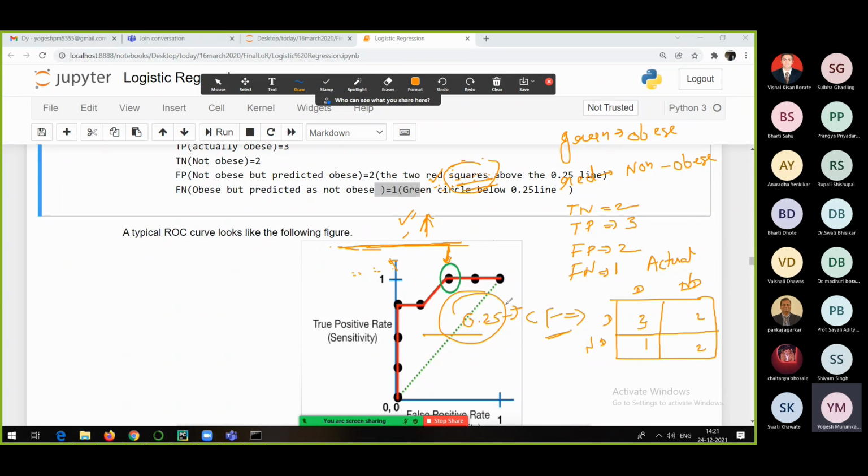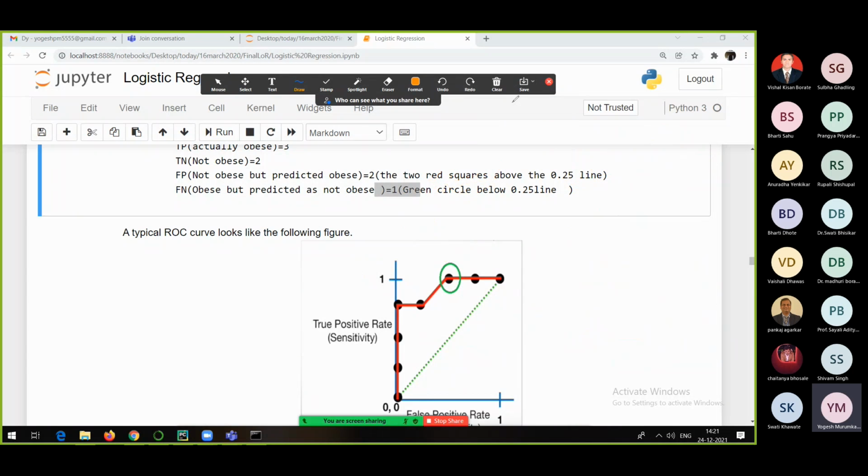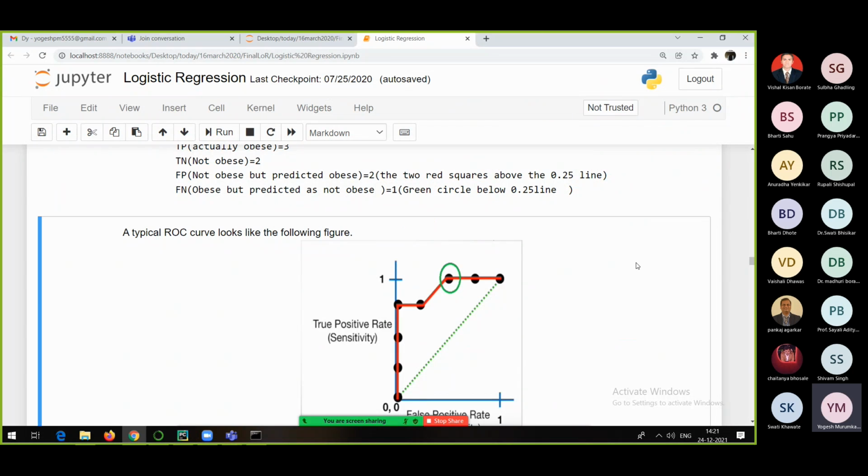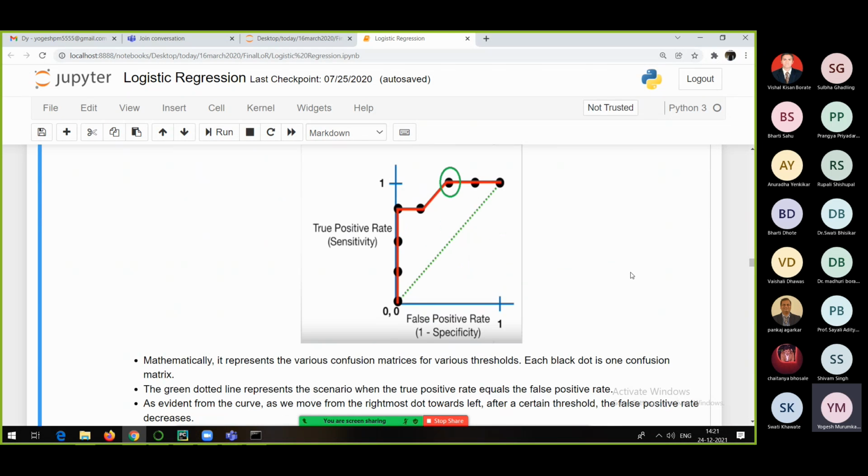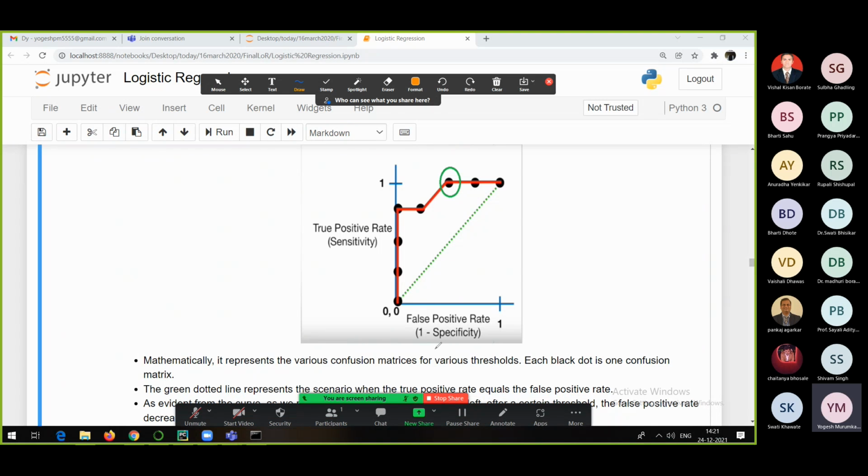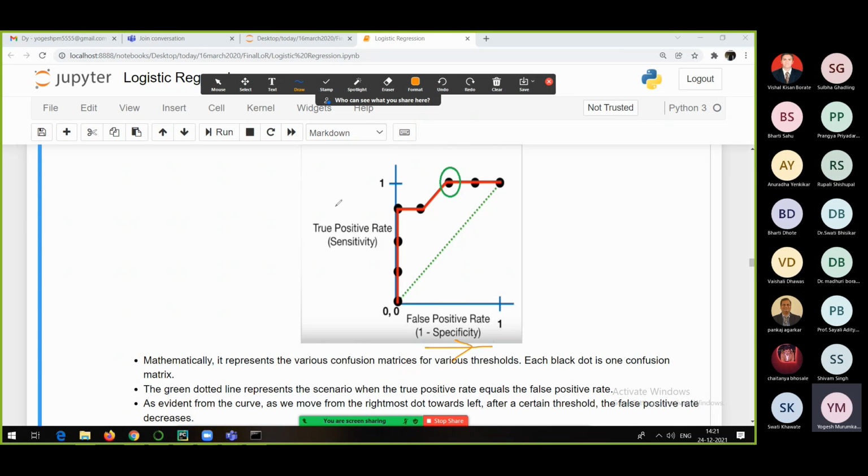Okay. Now this is one confusion matrix for 0.25. So similarly, one can come up with different confusion matrices. Now see everyone, what we have done is we have drawn a graph between false positive rate and true positive rate. So what are these markers?